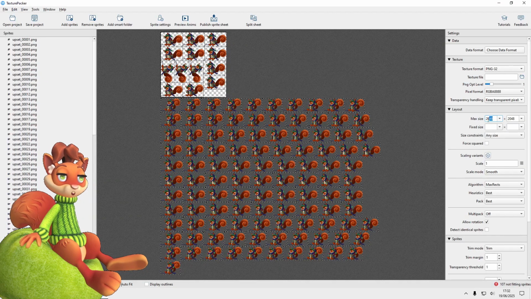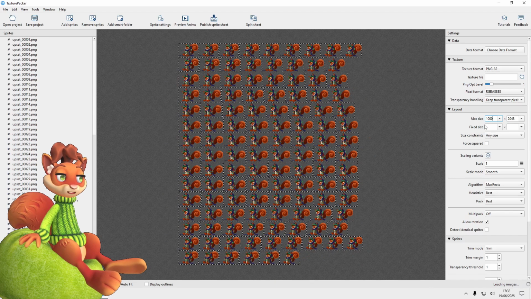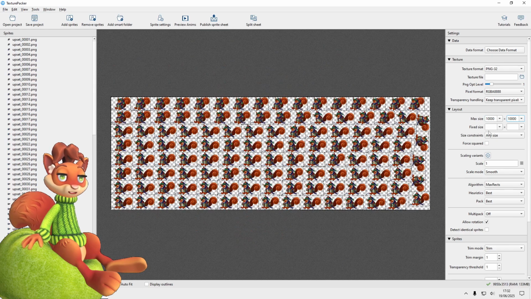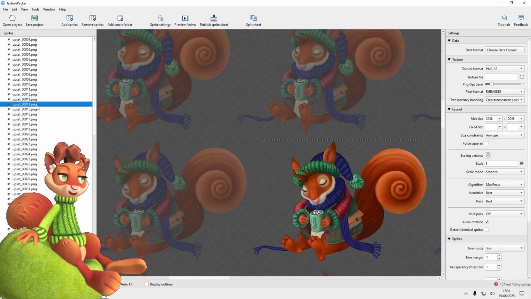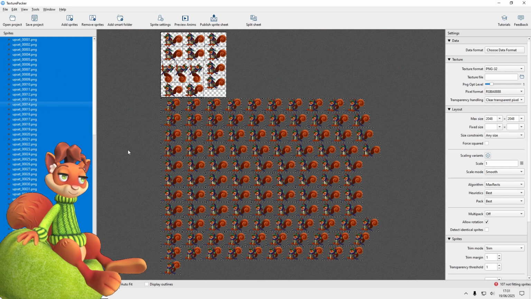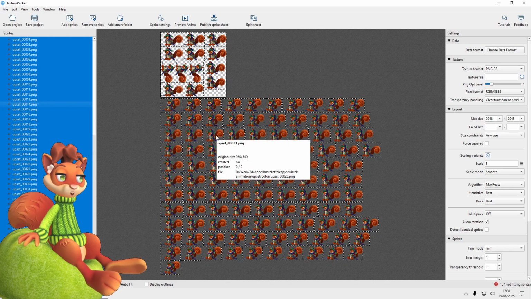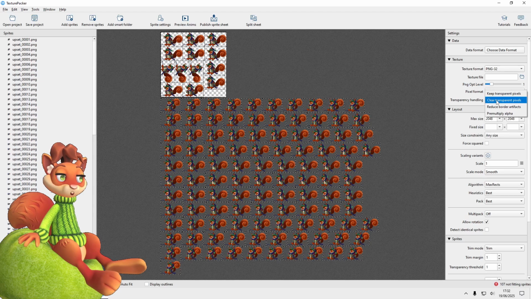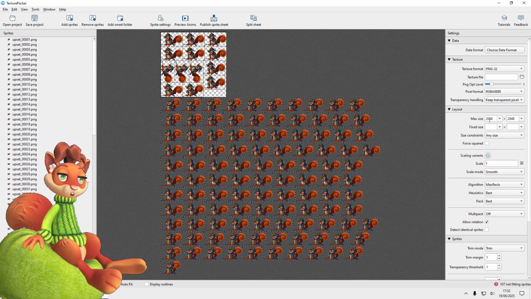Because I halved the size of the images in the export already, and that is the size I want them to be, I can set the scale to 1 in Texture Packer. If I wanted them to be smaller, I could set them to a different scale in this program, but I think it's probably best to scale them to the size you want first to preserve the quality. I want to keep the art a good quality for the sprite sheet, and I make sure pre-multiply alpha is